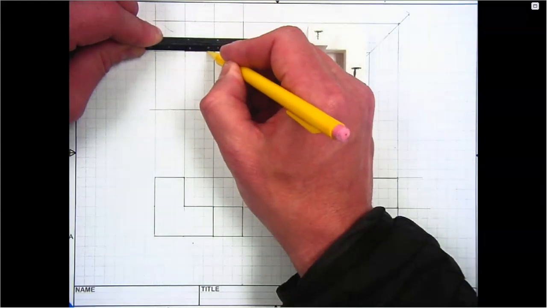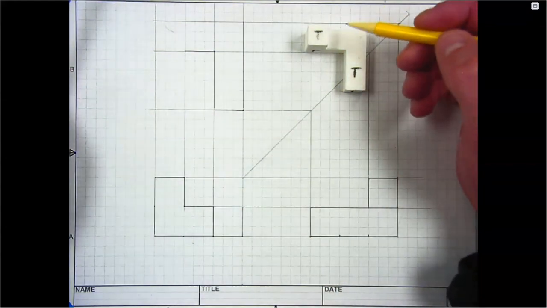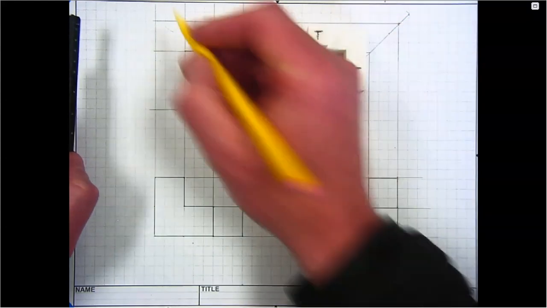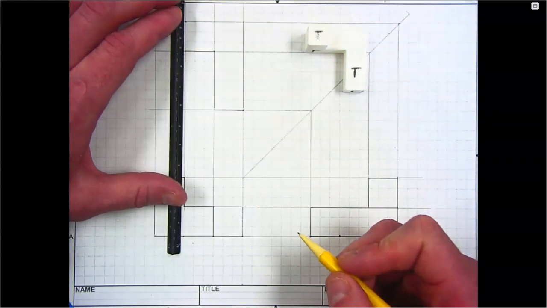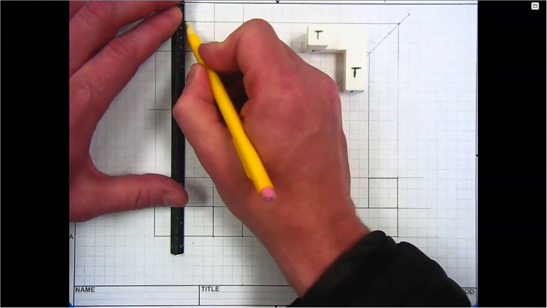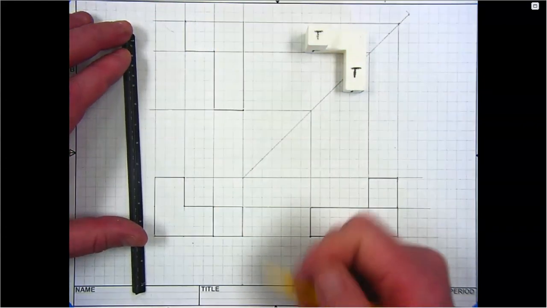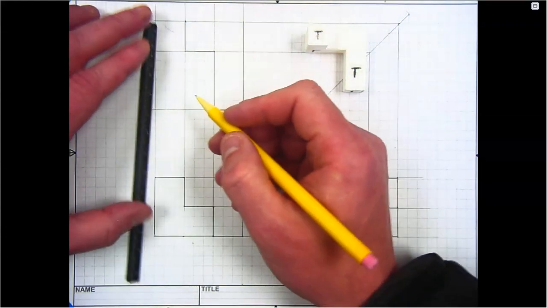And I will sketch that width in. From there, I'm going to go back in the depth dimension to create this line. Again, it's defined on our part. Sketch that line in. I'll box in the rest of this to represent this surface of the top view